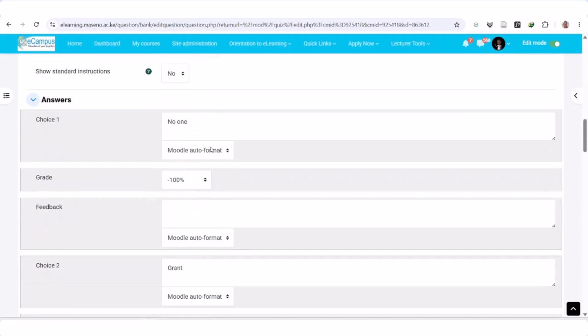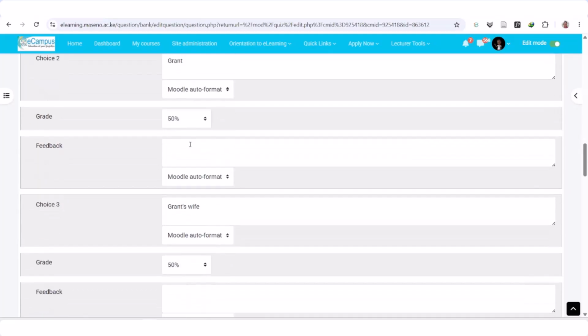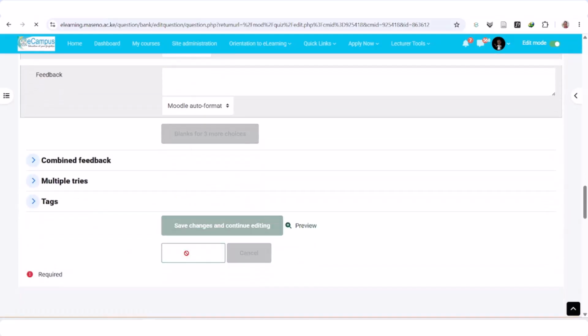So this is a multiple choice question. Notice, it has the first choice had a negative grade. Remember, we talked about weighting so that we don't want students just guessing by picking all the choices, and we want them to critically be able to think through the questions. Okay, and it's been effected perfectly. So let me save changes,